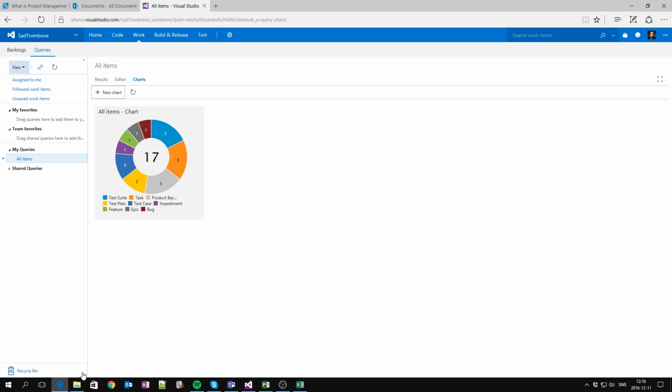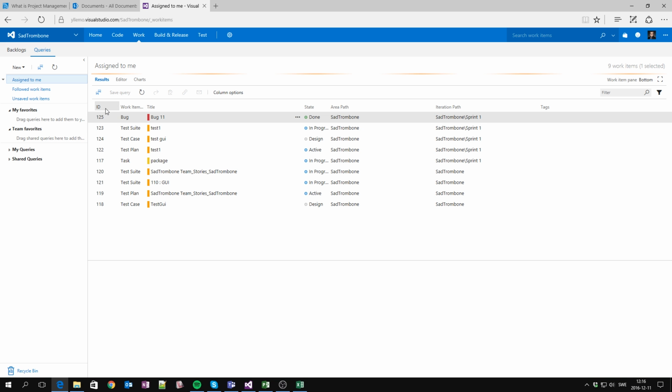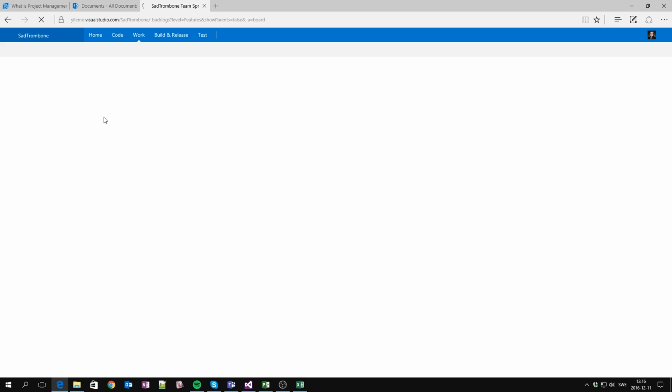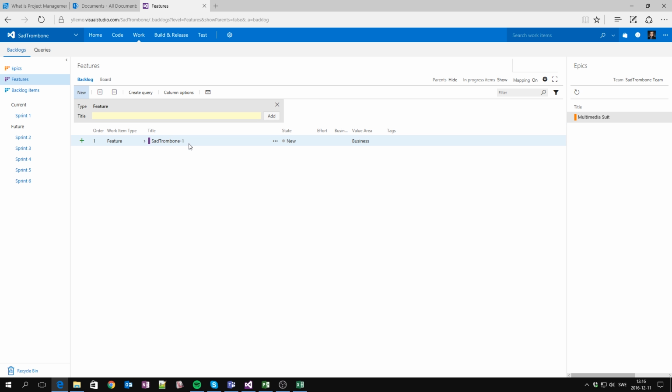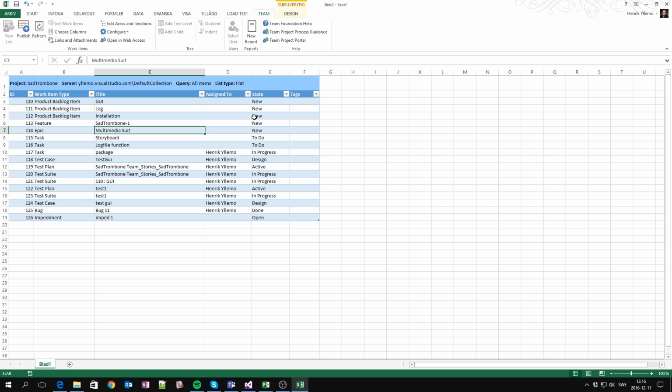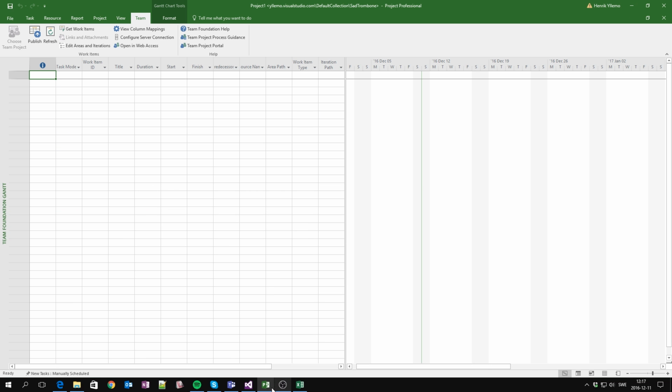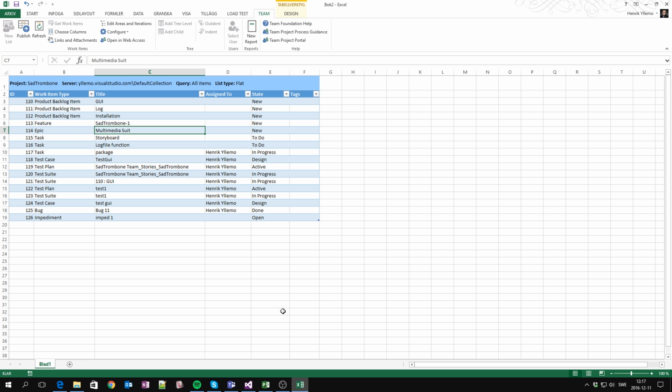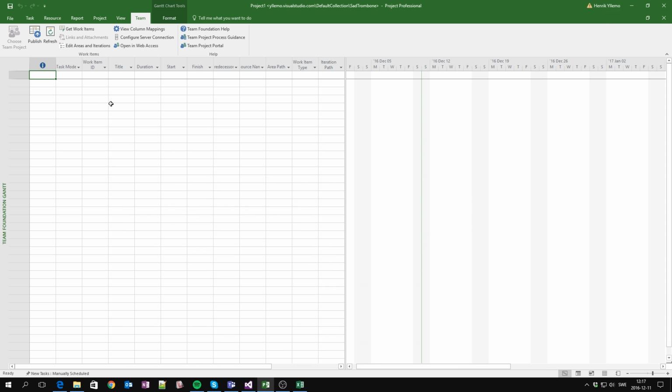So when I go back to TFS and go to the work tab here, I should be able to see within the backlog, I can go to the features. It should now read sad trombone 1. So you can see it's working from Excel. So I can do bulk updates from within Excel, two-way updates. Really nice feature. In a similar way, like we did with Excel, when I do this bulk update, I can also do it